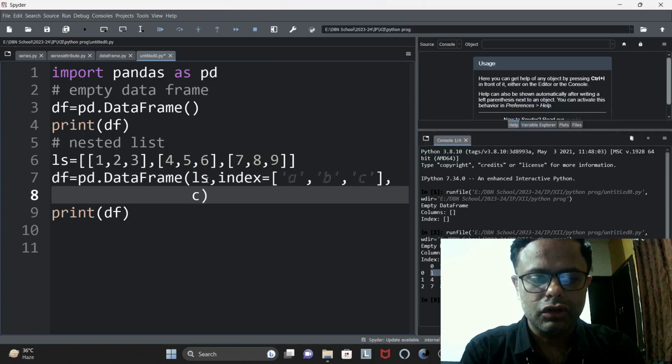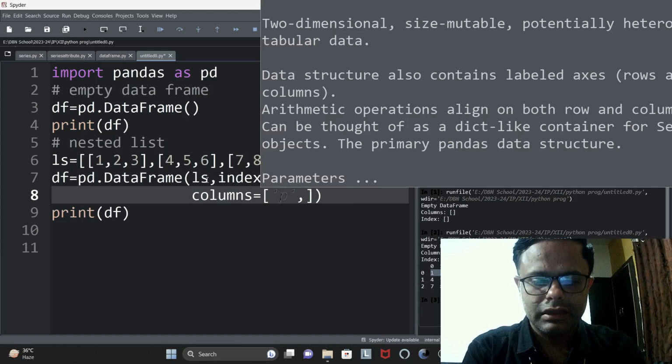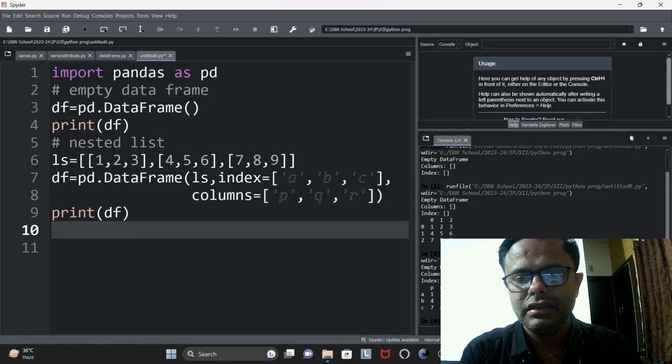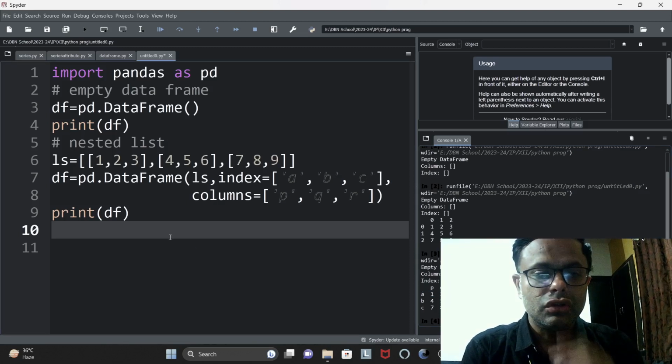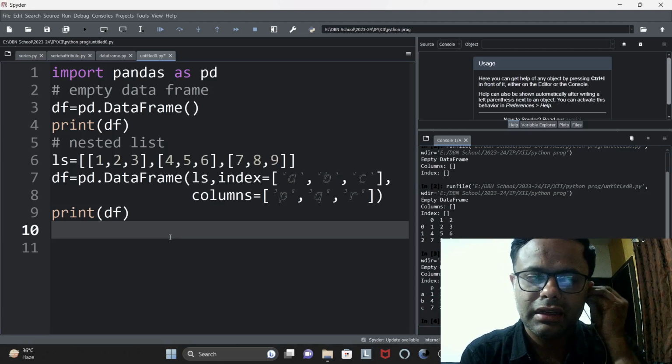Now I will give the columns. Columns equals to, again, that is P. Suppose one more, that is Q, and one more, that is R. When I run this, you can see that P, Q, R are the columns and A, B, C are the rows. So I have created the data frame with the help of a nested list only, right? Yes. Next, now the next topic is